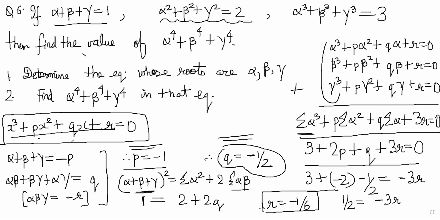Now basically we have found the equation, right? So let's write our equation in the next page. So our equation becomes x cube plus px square, and p is minus 1, plus qx, q is minus half, and plus alpha beta gamma, which is minus 1 by 6, is equal to 0. This equation has roots